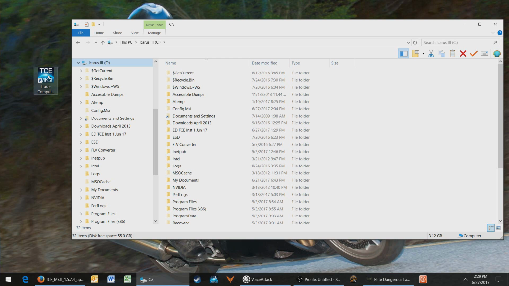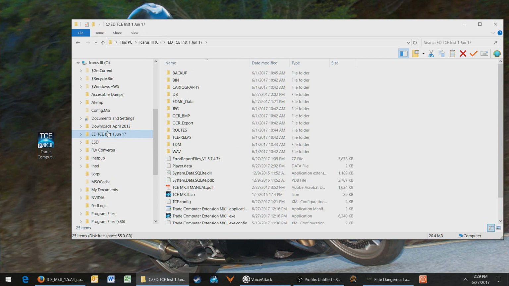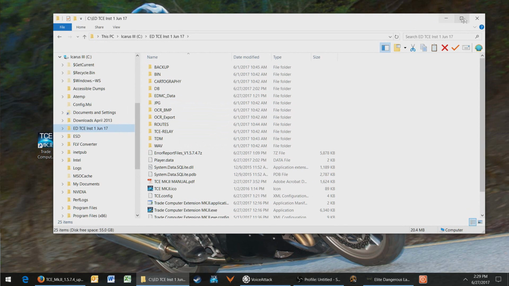You probably want to go ahead and delete the shortcut that's on your desktop because you don't need that anymore, obviously. But there's nothing else you need to do. There's no program you have to run or anything like that. I still have my actual current working version here, but that's all you have to do to uninstall it. Pretty simple. The last thing I want to show you quickly, and it's to help everybody,